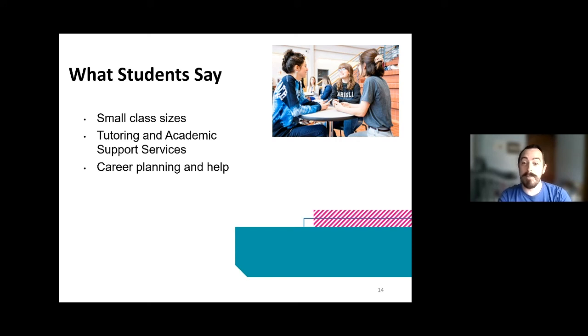We also have tutoring, free tutoring. Where else are you going to get free tutoring? Nowhere. Tutoring, both peer and professional, is something that none of us think we're ever going to need until we really, really need it. Like about week 12 out of 15 weeks, we're like, oh, we need some help now.